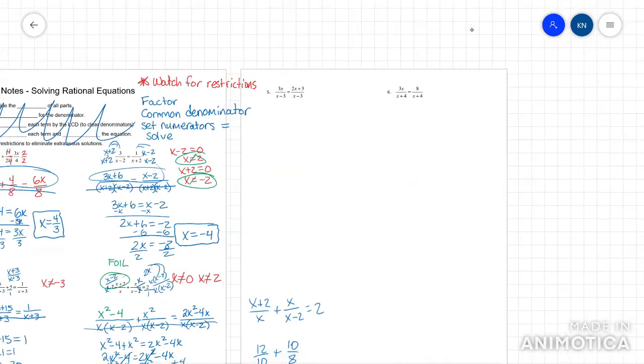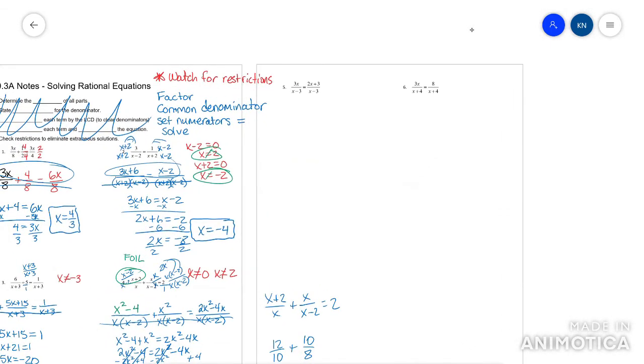Okay, number 5. They have a common denominator. So before I actually cancel that out, I'll put x cannot be 3. That's your restricted value there. All right, and so just worry about the numerator. 3x equals 2x plus 3. Get your x's on one side. x equals 3. That one would have been super easy, and you'd probably put your answer like that,